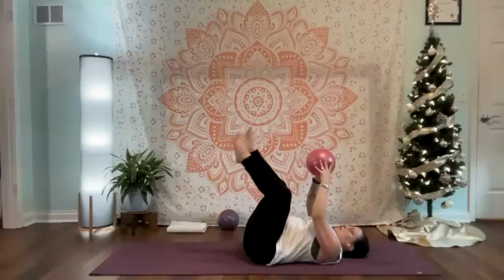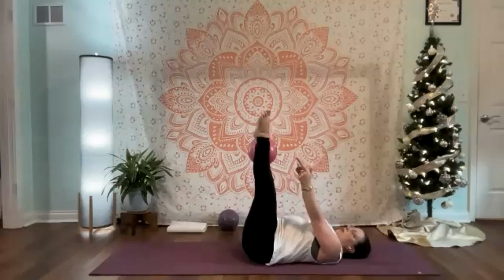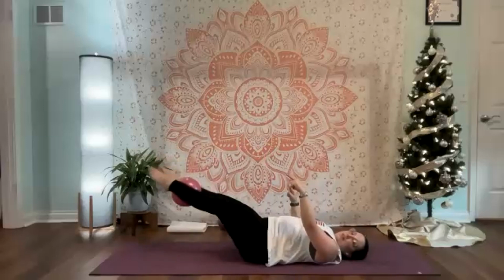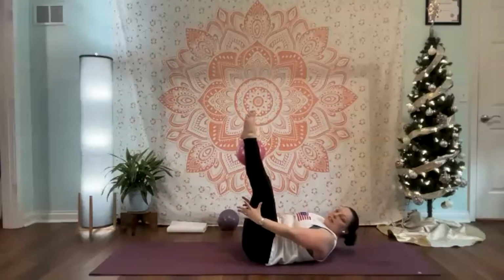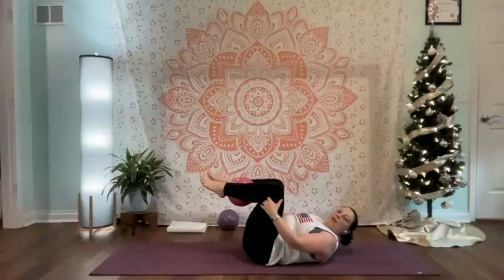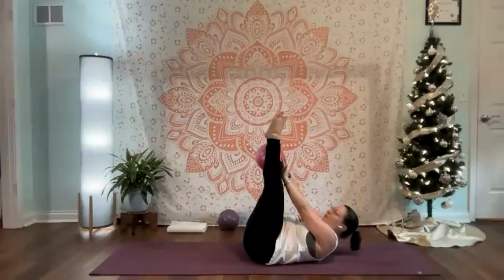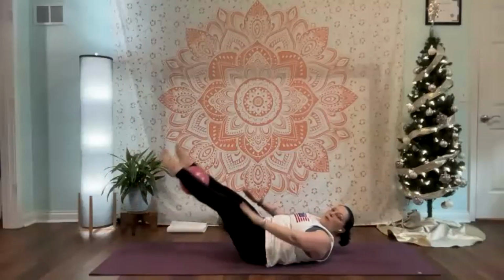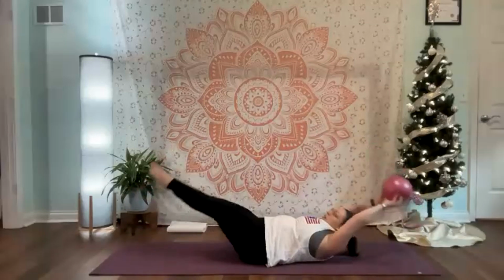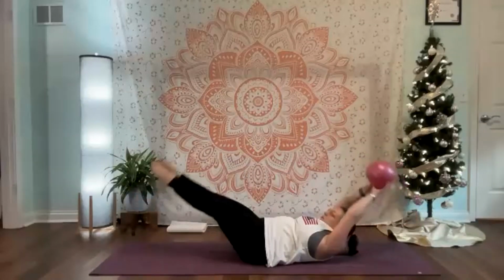stretch variation. So you can keep the ball here, again, parallel or external the whole time as the legs lower and lift. Upper body can be grounded, or you can be in C curve, or you can find a variation with me where we're going to pass the ball forward. Okay, so from here, when you're ready, let's inhale, exhale, inhale, exhale, and 3,